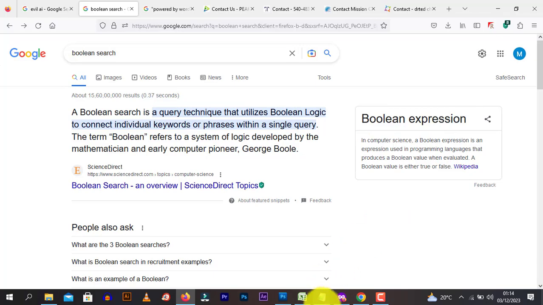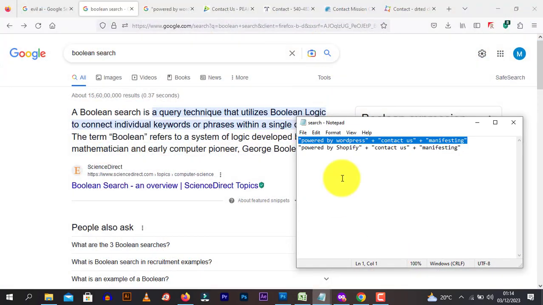It looks something like this. It shows "powered by WordPress" in inverted commas plus "contact us" plus "manifesting". So we are instructing Google to find the websites that are powered by WordPress, that have a contact us page on them, and that are for keywords like manifesting. You can change whatever keyword you're trying to target. So if I just copy this thing here,